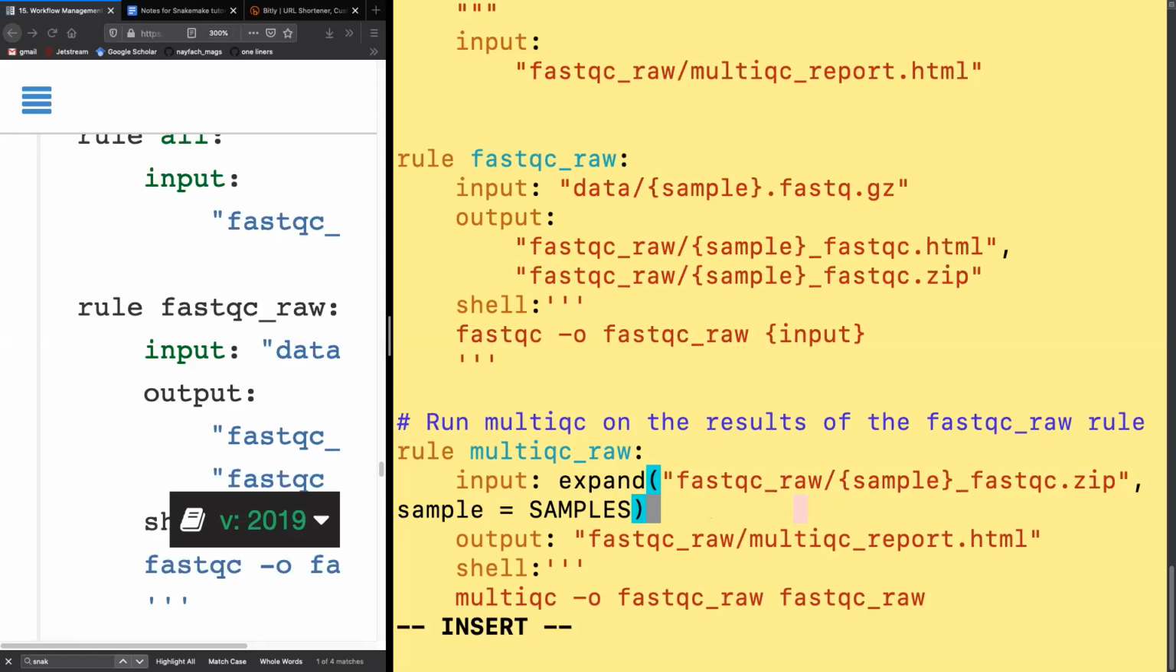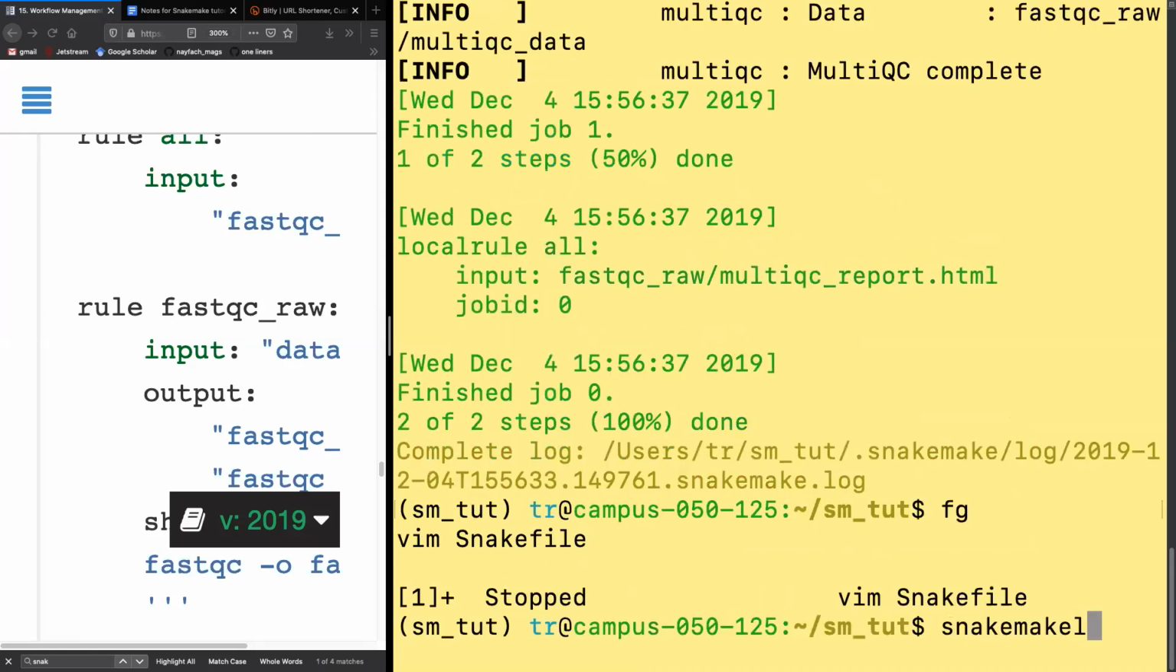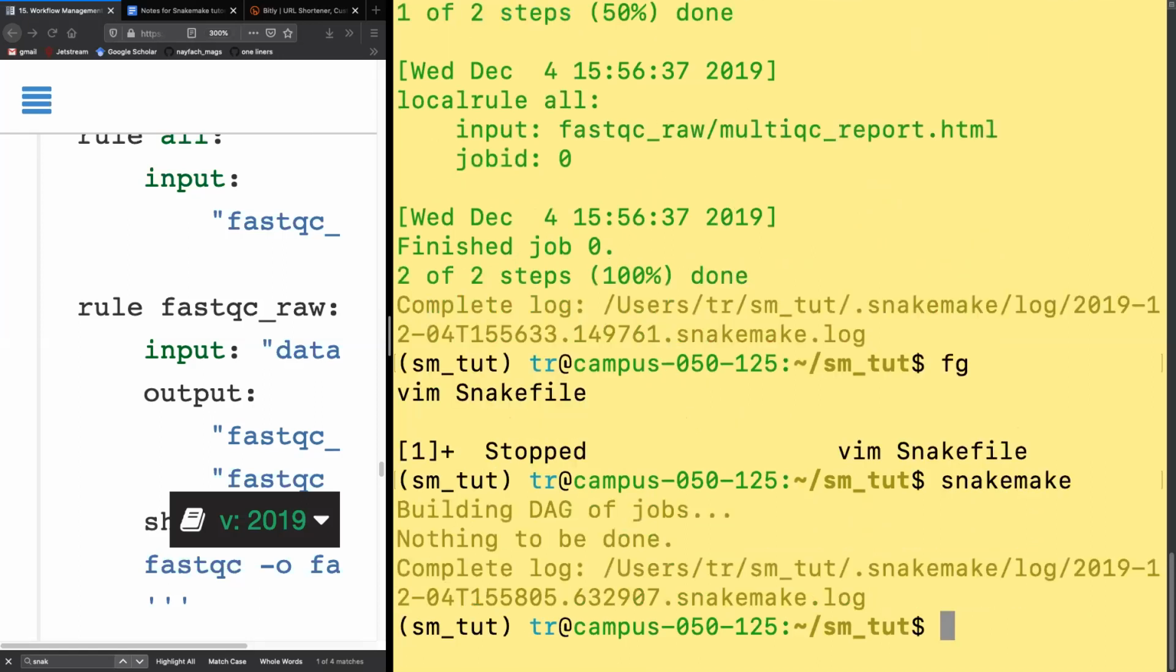And in doing that, it will now take in all of the FastQC files. It will realize that it needs FastQC files for all of the other samples as well, and then run multi-QC on them. So if we add this line, and we rerun Snakemake, we still have to remove the